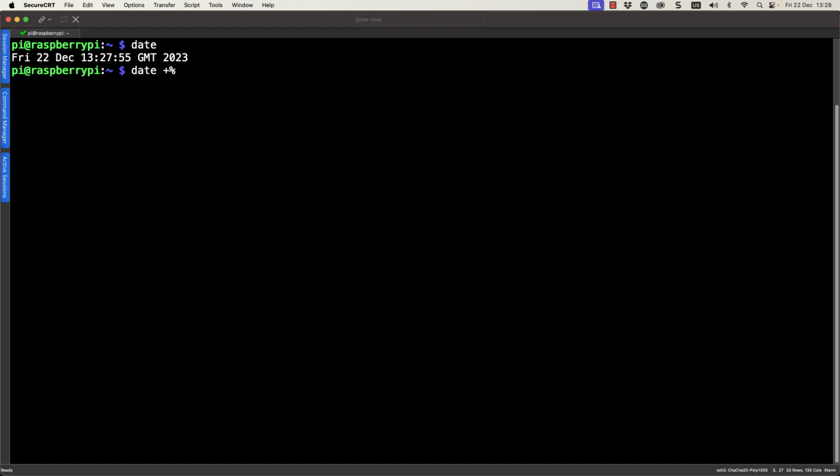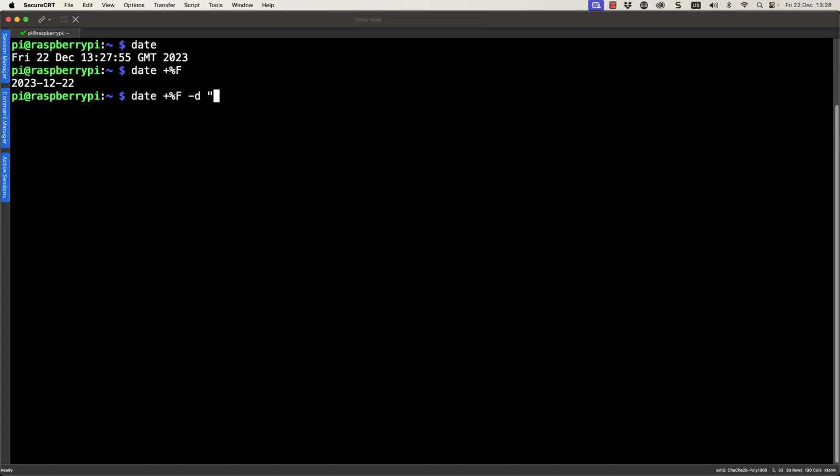But if I drill down and just use date plus %F, you can see that we get a far better output for a directory or file name. It's going to be organized correctly when we look at the ordering, and it's relatively short. I can also adjust this very easily.